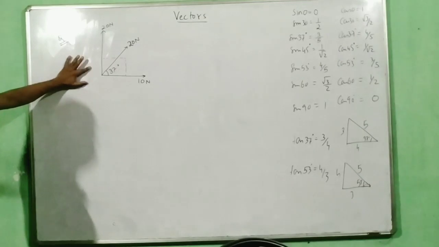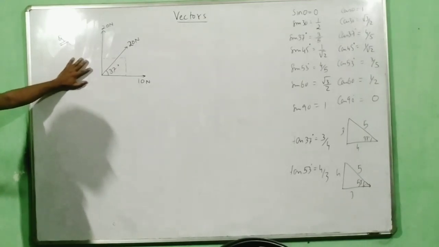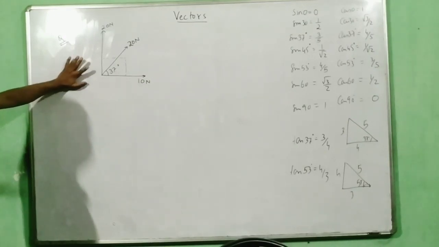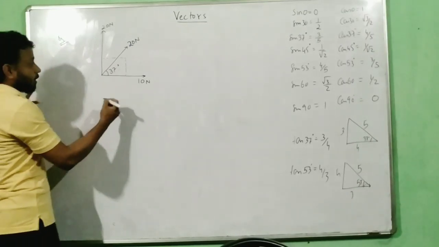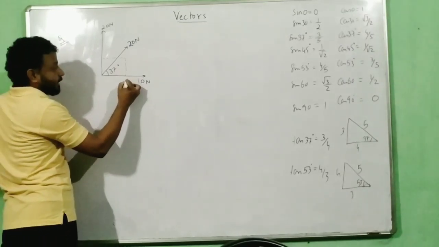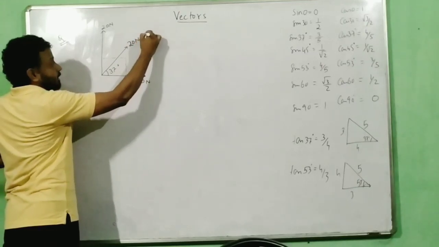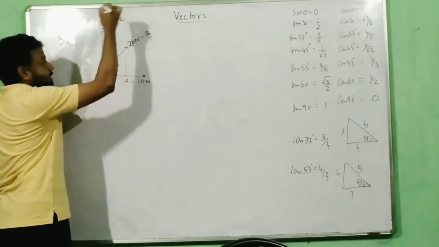Now how are we going to get the resultant of these 3 vectors? If these 3 vectors act simultaneously on a body, then what will be the resultant motion or resultant force of the body, and at what angle is the body going to move? Okay, so from here how do we go ahead? For that you always consider the vectors to be in terms of A, B and C. Just name them as A, B and C.